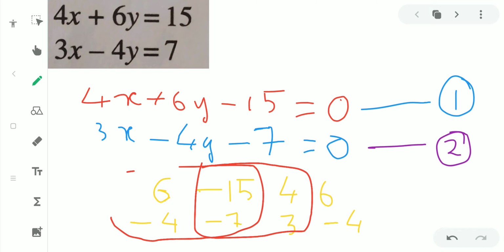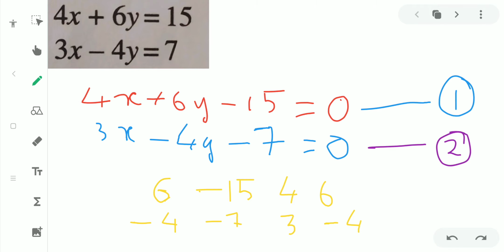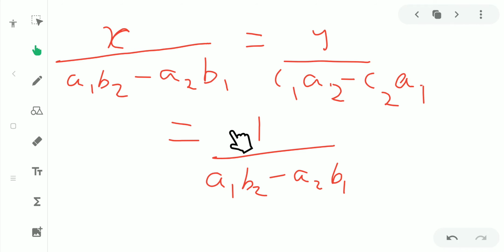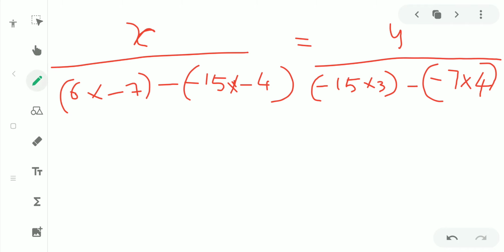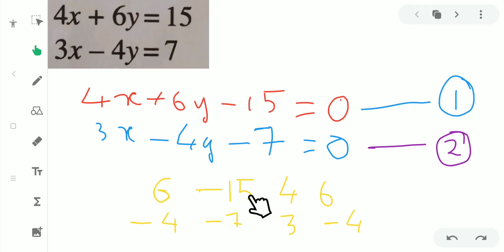So now we should go with this part, that is equal to 1 by A1 into B2 minus A2 into B1 is equal to one by A1, nothing but 4, into B2, nothing but minus 4. 4 into minus 4,